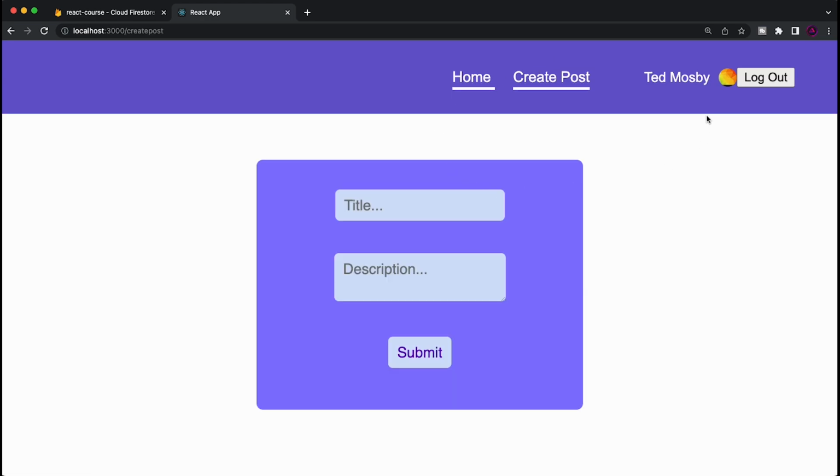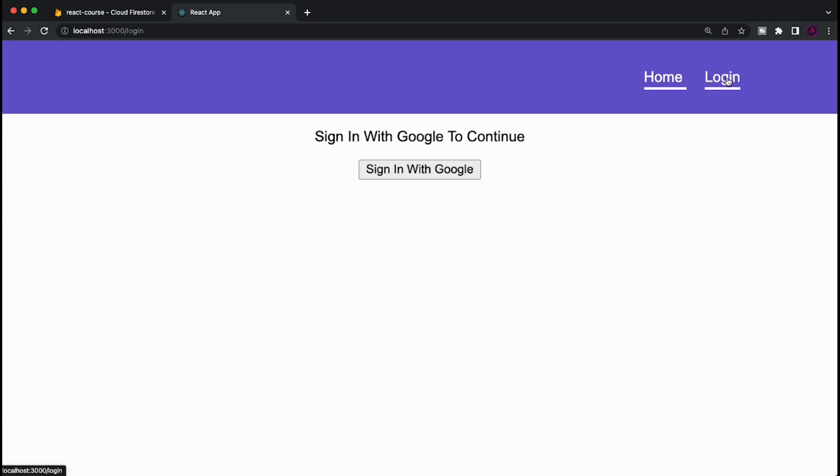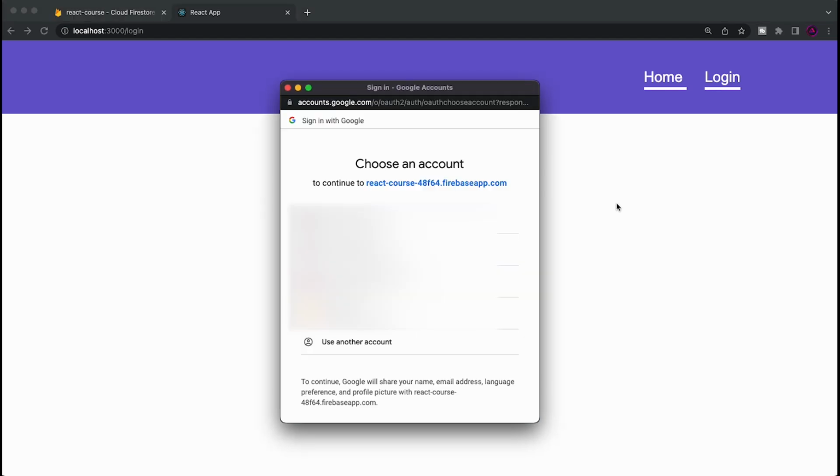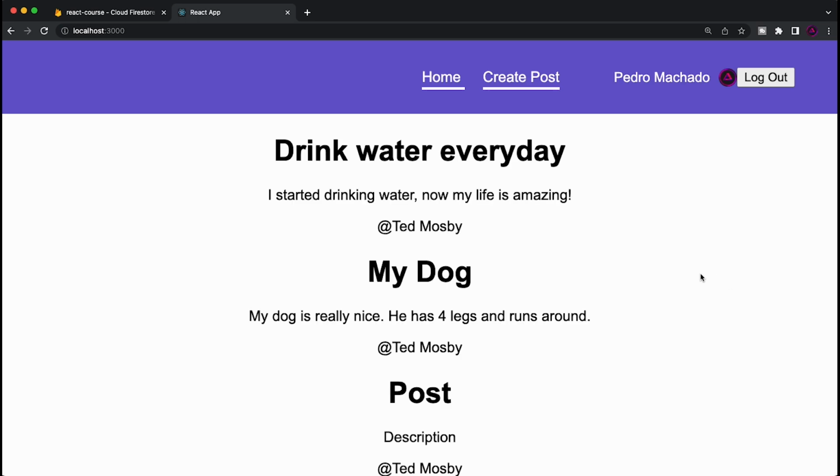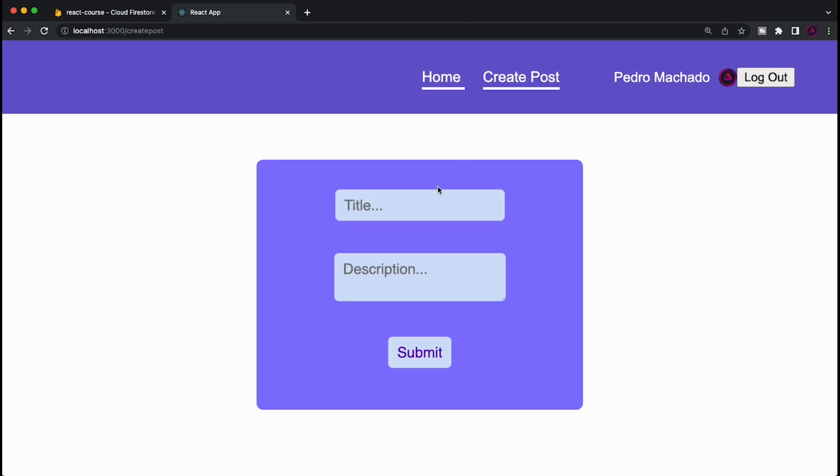If I were to come over here and add a new thing, I'm going to create it with a different account just so we can test this out as well. I'm going to go to login and click on sign in with Google, and then choose this email over here, which is a different username. You'll see that if I create a post over here, give it a title of "do what excites",